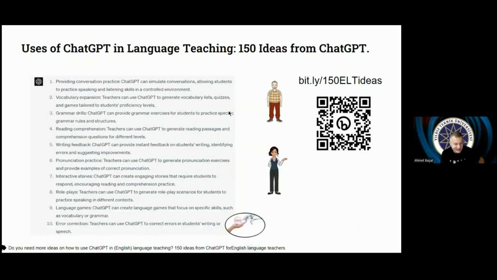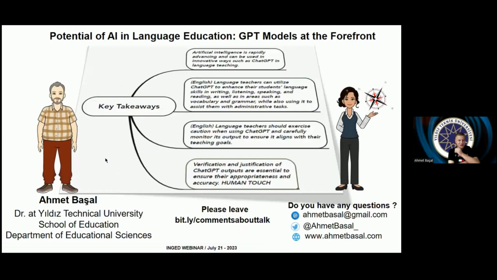Now, these are some insights, some examples from my point of view. I was an English language teacher for 8 years in the Ministry of National Education, and I was also an English language instructor at Kırıkkale University. And these are the products of my point of view. I also asked ChatGPT, please give me 150 ideas to use in the classroom. You can scan this code and easily get all these 150 ideas from ChatGPT to use in the classroom. Okay. To wrap up,